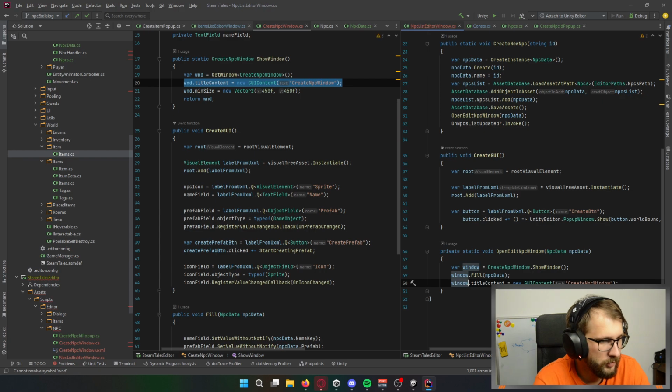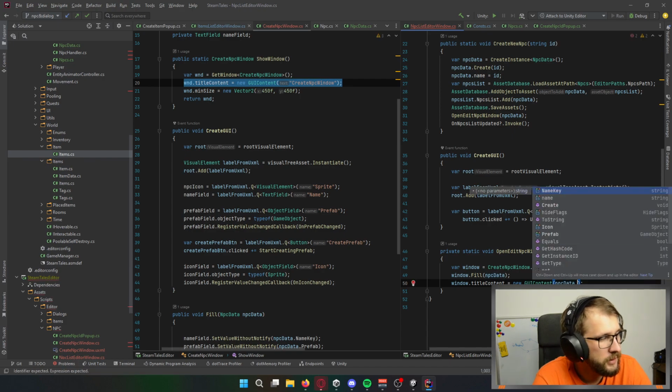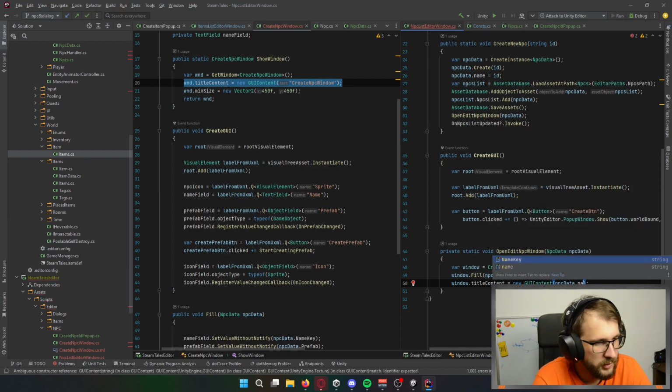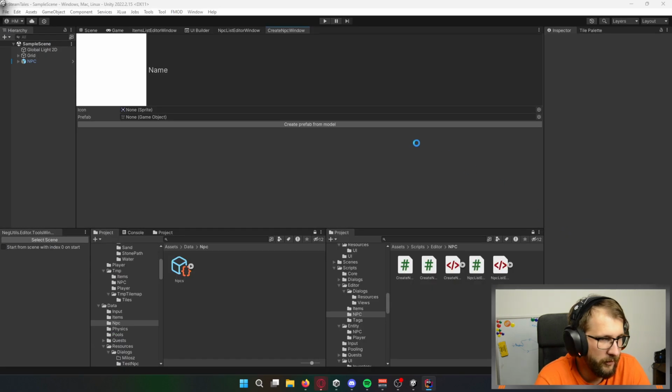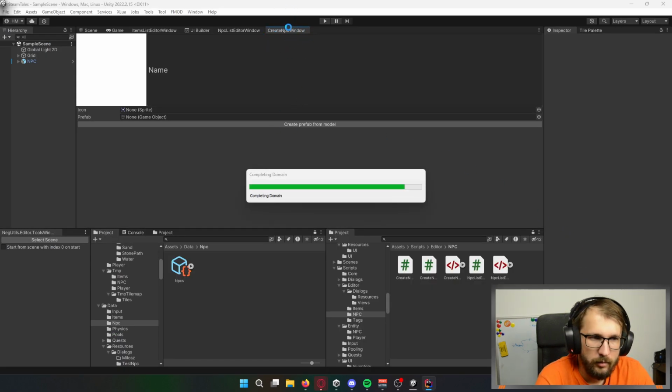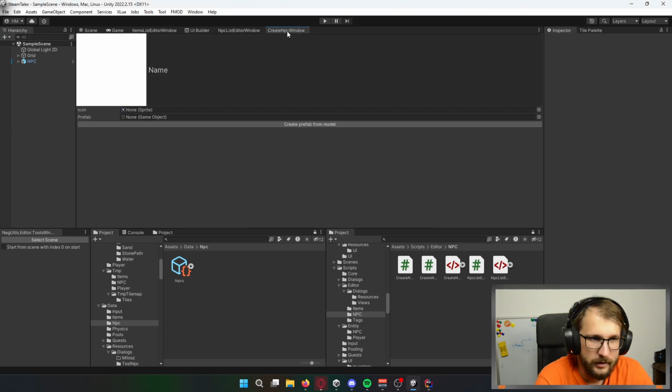Window, and I can use my NPC data's name, basically the name of the file, to make this look nice.